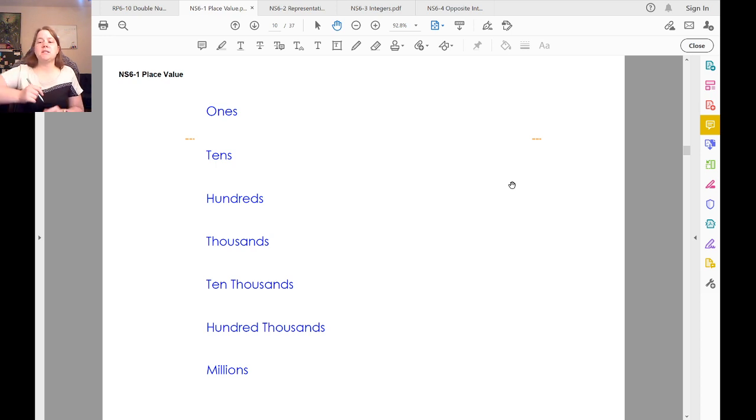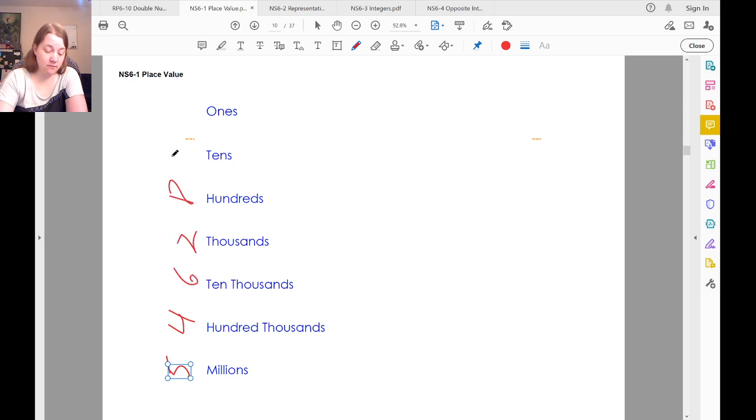So here you can see place value. You can see ones, tens, hundreds, thousands, 10,000s, 100,000s, millions. If you think about the way that numbers work, we have, well, I'm going to turn my screen, but that doesn't really help you. But if we have a number here, if we have that long number,